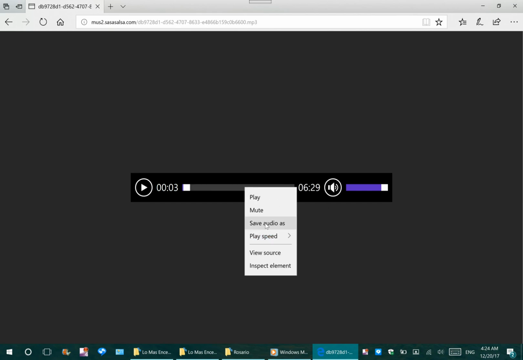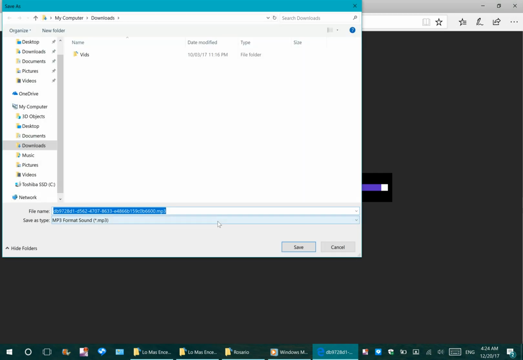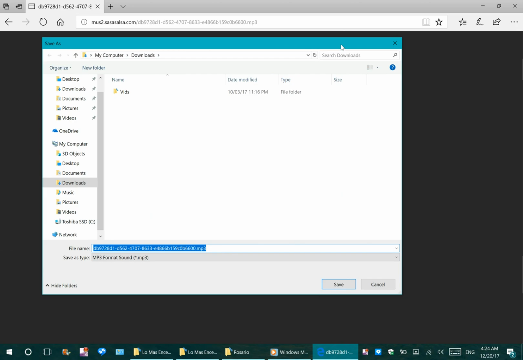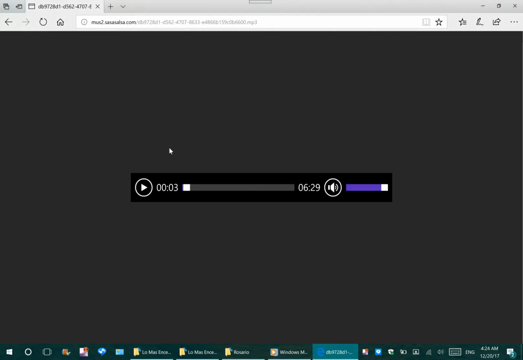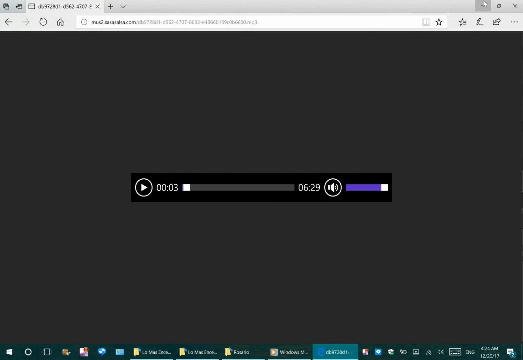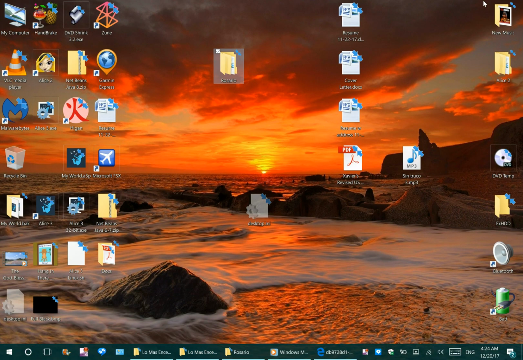Or actually, wow, in Edge you can do that. I mean, okay, so I guess you could bypass that step if you wanted to cheat a little bit. I guess you could paste it into Edge, and then when it opens that media player in Edge, you can right click on this little bar here and say save audio as. But I was initially using Internet Explorer,